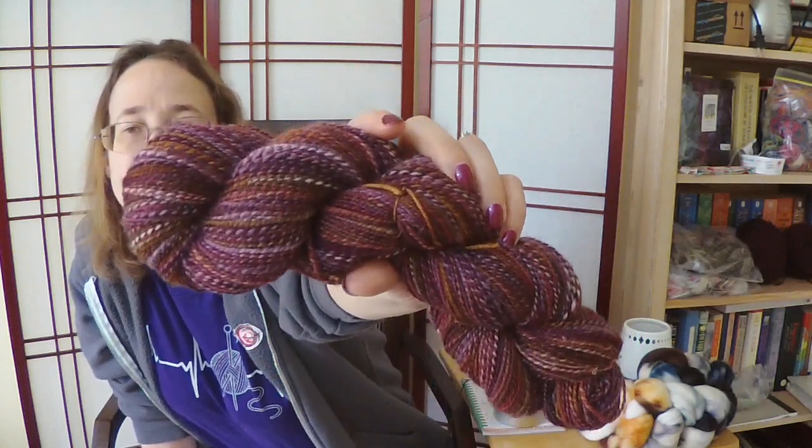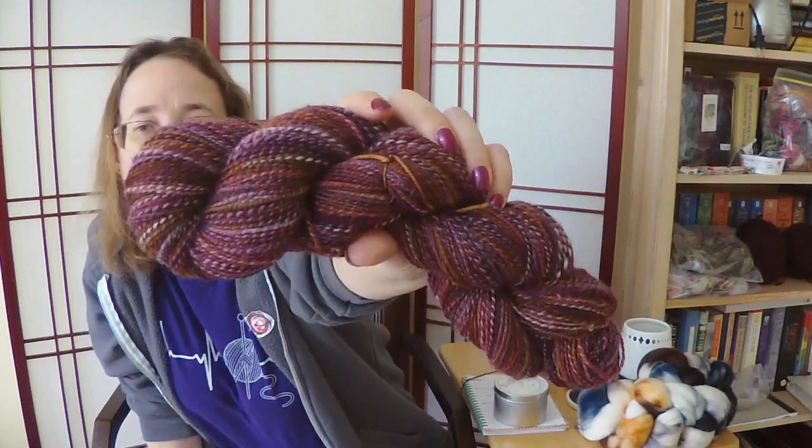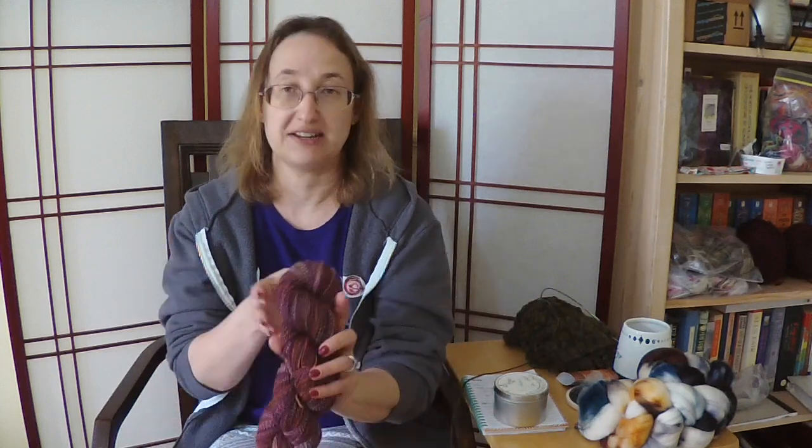I did have someone express some interest in this, so I don't know whether it will be available in the shop or not, because I'm going to take some photos and contact her this afternoon and see what she thinks. If she is not interested, then it will go into the shop. And it is still a little bit wet, so I can't get exact finished measurements yet, but this was a